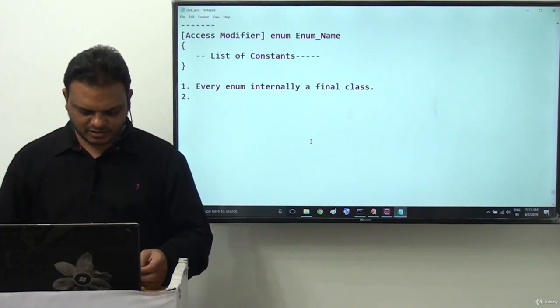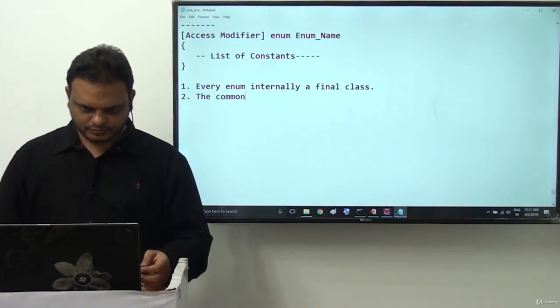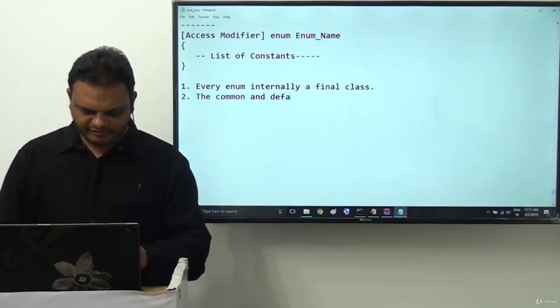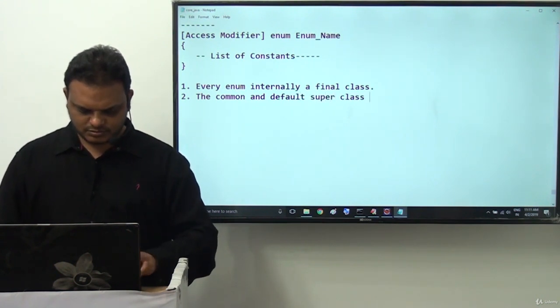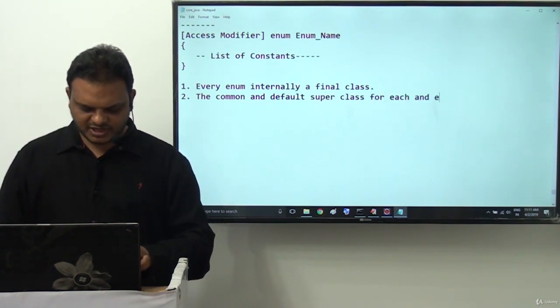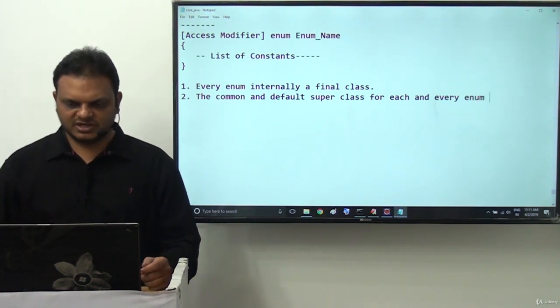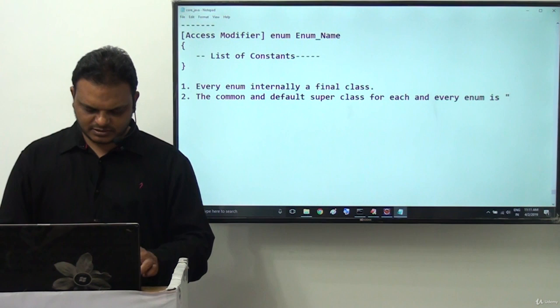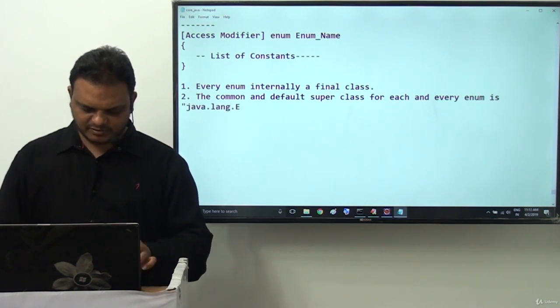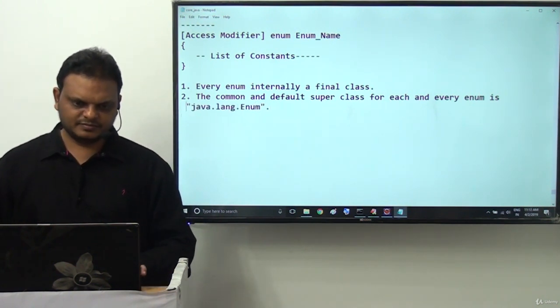This is the second point here. The common and default superclass for each and every enum is java.lang.Enum. Enum is also a class.